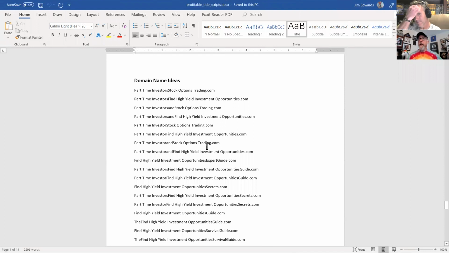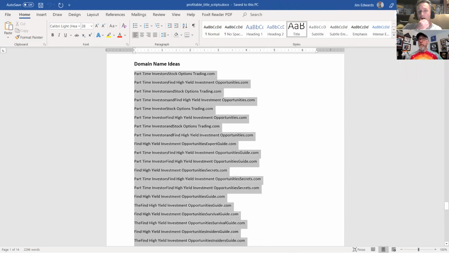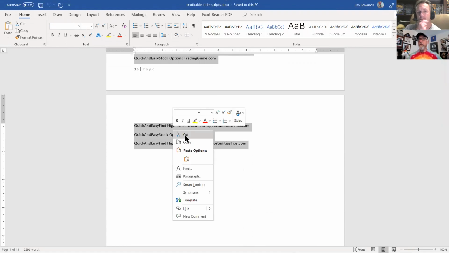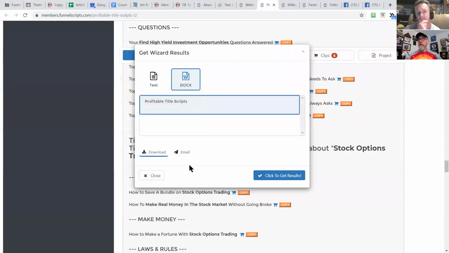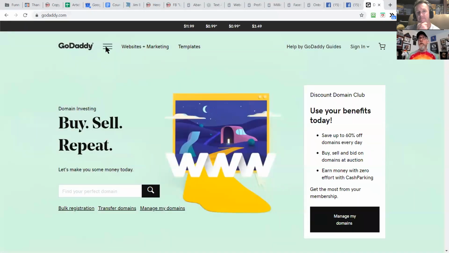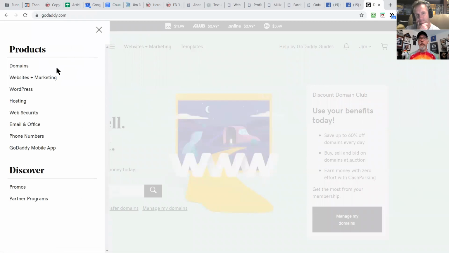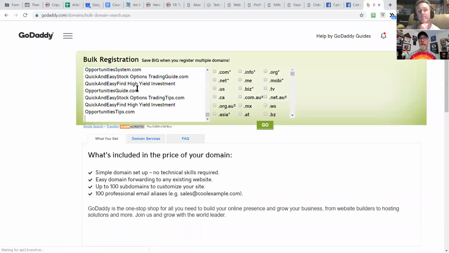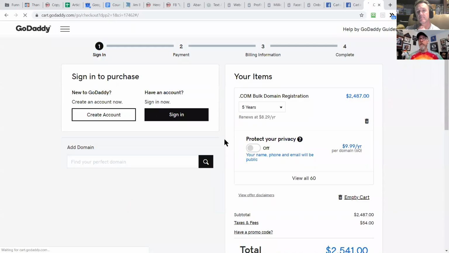The other thing you can do is, in this output, it'll give you all of these potential domain names that you can copy. And then here's a nifty little trick. You can go over to GoDaddy, go to products, and look for bulk domain search. Then I can just paste all these in here and it'll tell me which ones are available. So if you're looking for a domain that would correspond to your book title,